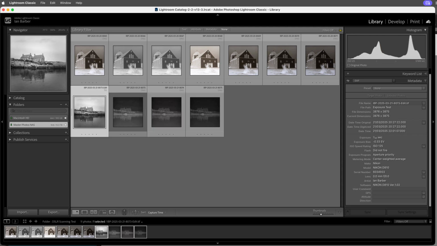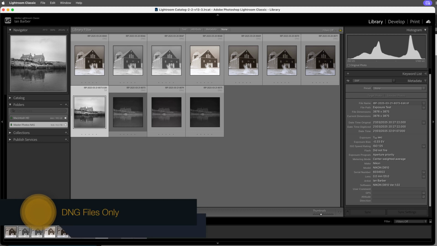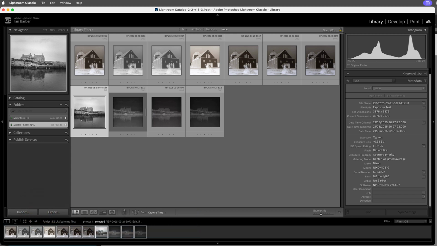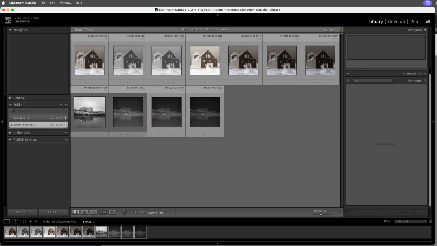So that's the small plugin that I've created for Lightroom Classic. As I say, I'd like to reiterate that it's only for DNG files. If it's something that you feel would fit into your workflow, I think you'll find it very easy and intuitive to use. And it certainly has helped me, especially when I'm scanning my films, because now what it allows